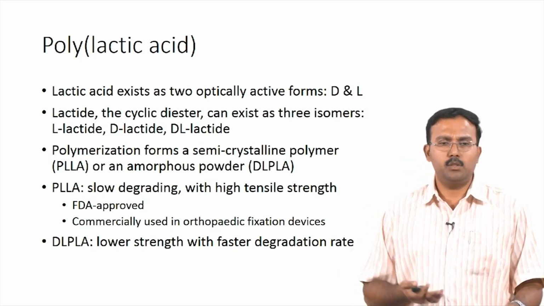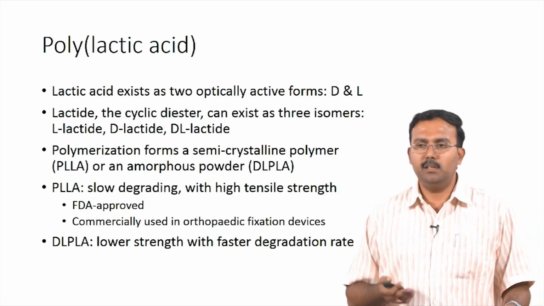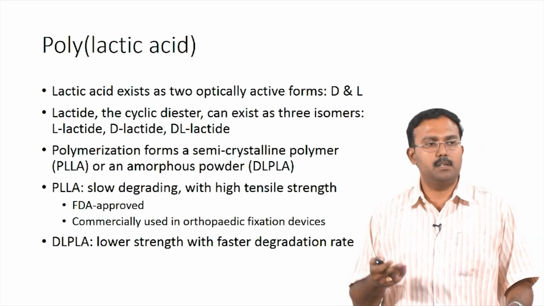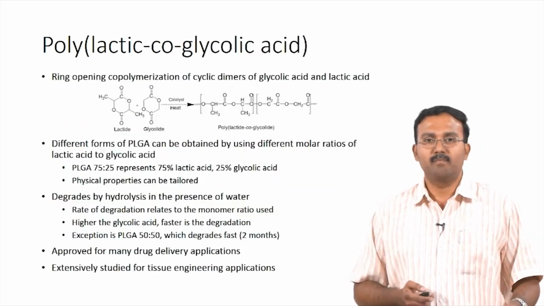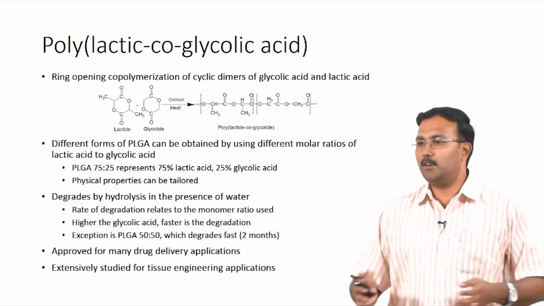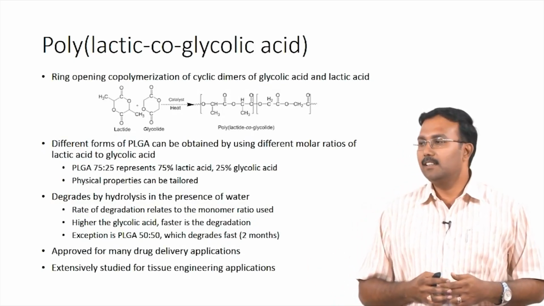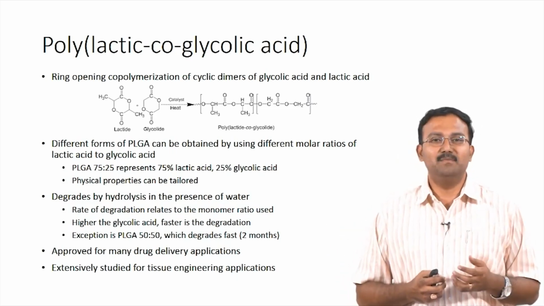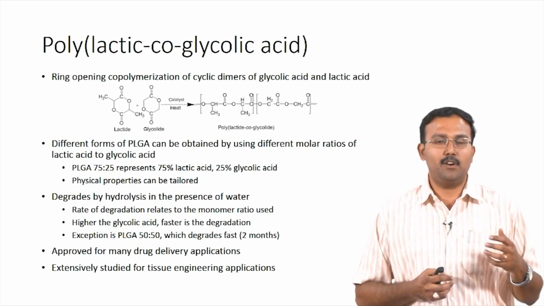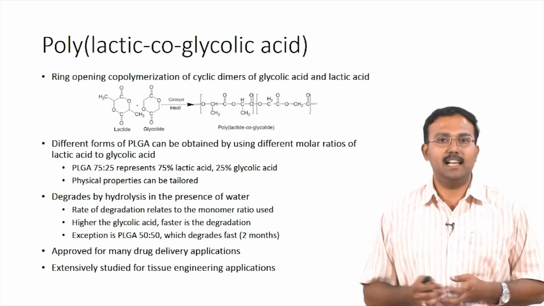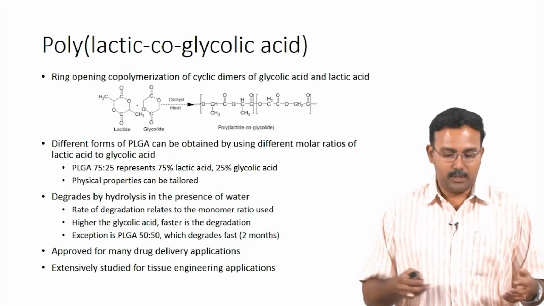PLA is also one of the most commonly used inks in 3D printing. Most of these 3D printers would use PLA. So PLGA is basically a copolymer of these two. This is to try and use both the advantages. Okay. So ring opening copolymerization of the cyclic dimers of glycolic acid and lactic acid is done to get this